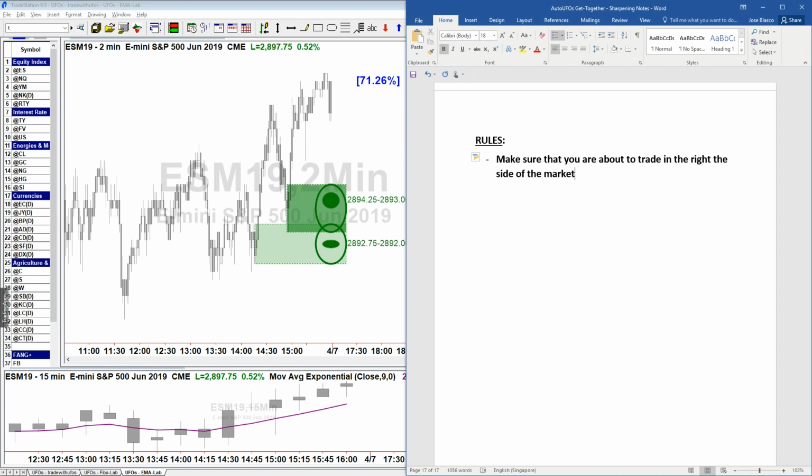If the answer to this question is you should be going long, then you will only be looking for buying opportunities. If the answer is you should only be going short, then we're going to be looking for sell on field orders, red UFOs, and be shorting. We're not going to go long, because the first step would be requiring us to only go long. That's an important step, to avoid getting yourself into trouble.